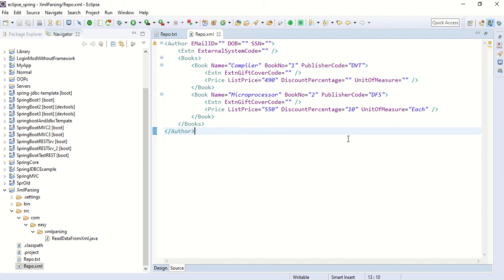Whenever we receive an XML file from an application and need to extract the data from it, we need to parse that XML. We'll show how to parse it.